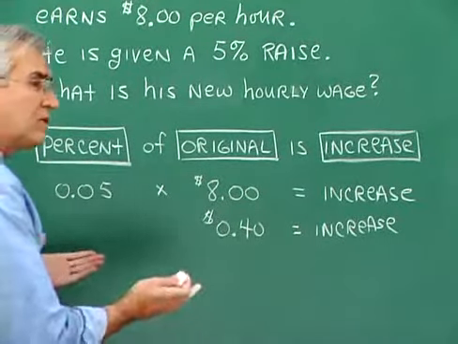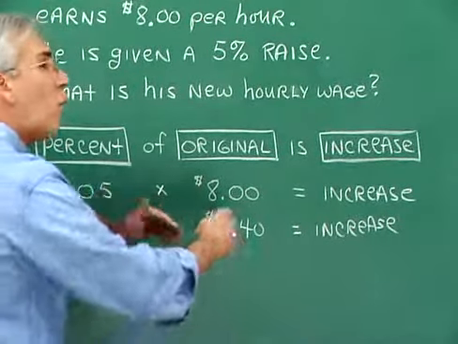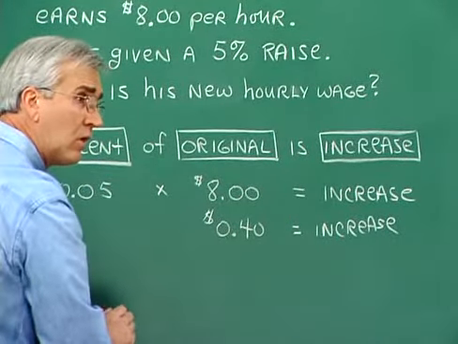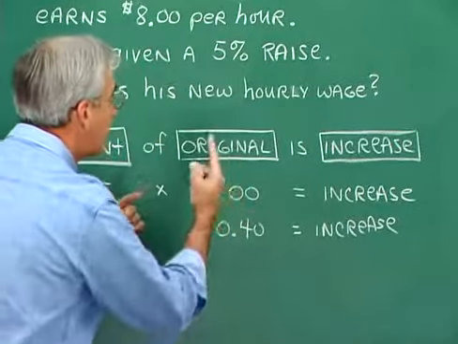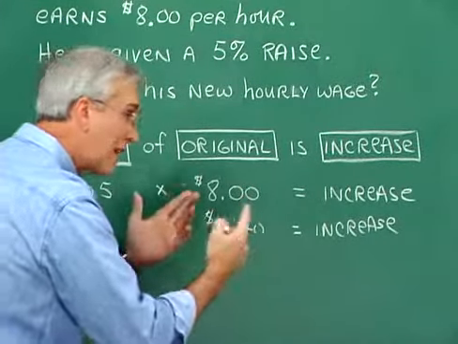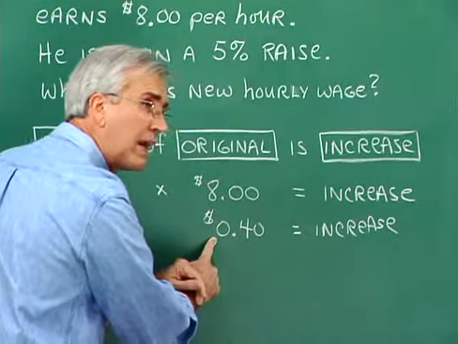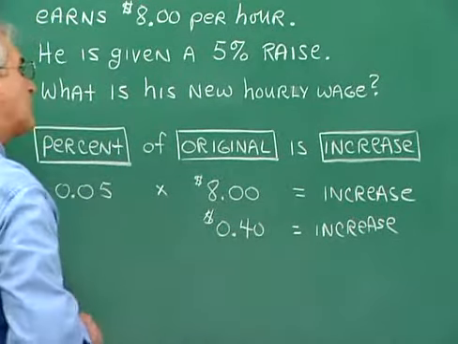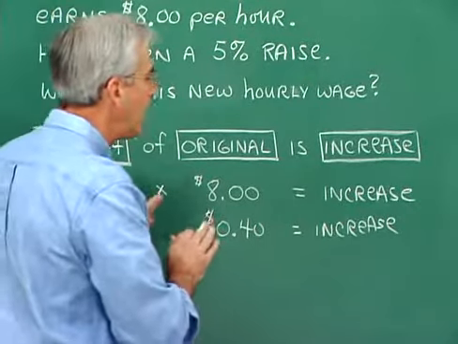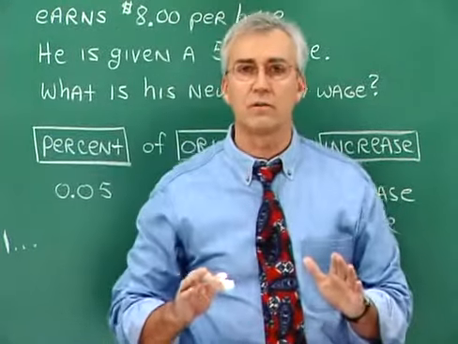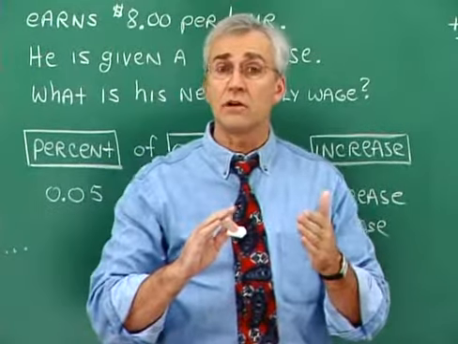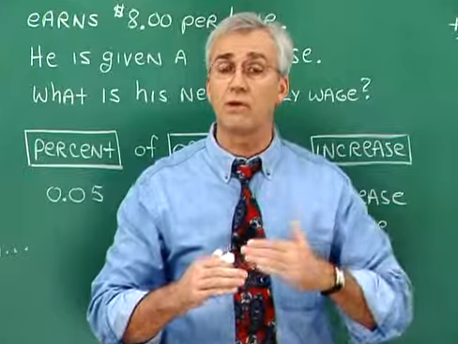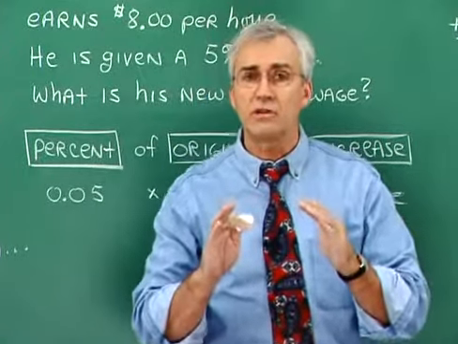Now, it's pretty easy in this problem to see what the new hourly wage is going to be. The old hourly wage is $8 per hour. We're experiencing a 5% raise, which is a 40-cent per hour raise, and therefore we add 8 with 40 cents. Well, we kind of understand that in this problem, but we're setting ourselves up to work more complicated problems. And if there's any confusion about what needs to be done in order to make the calculation for the new hourly wage, then I suggest that we